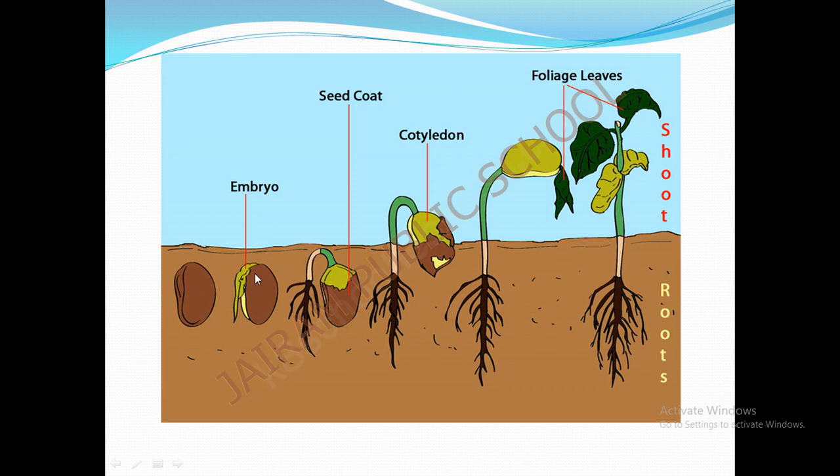After that, this brown colored layer is called the seed coat. The seed coat slowly starts to come off the seed, and the root comes out. First only the root will come out, not the shoot. See, look at the picture. First the root is coming out, and the root will fix the seed in the soil. See, look at the picture here.